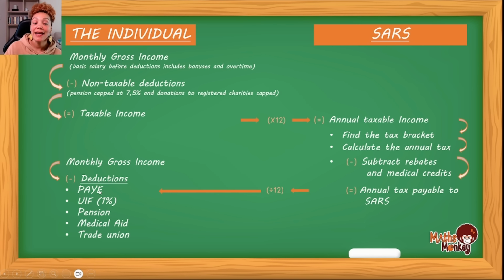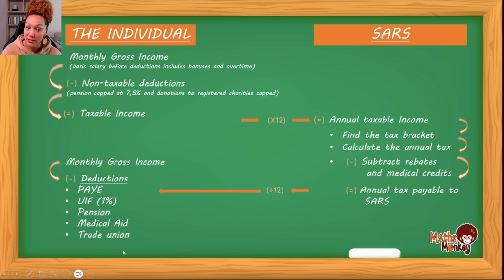PAYE is pay as you earn, which is also known as your tax. Right, this is now going to be your calculation based off of the annual tax payable, right? So you've now calculated the annual, you divide it by 12, and you find out what is your monthly, and this is what will take place. This will be on the salary slip, okay? Then we have the UIF, which is then calculated at 1% of the monthly gross income. We also have the pension, which will be given, and then we have the medical aid, which will be given,